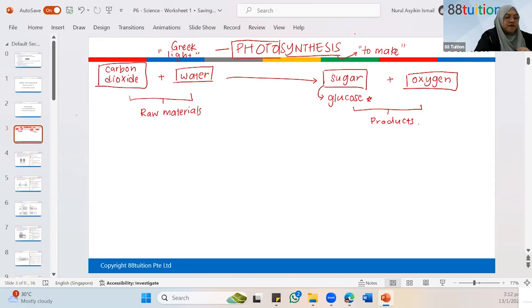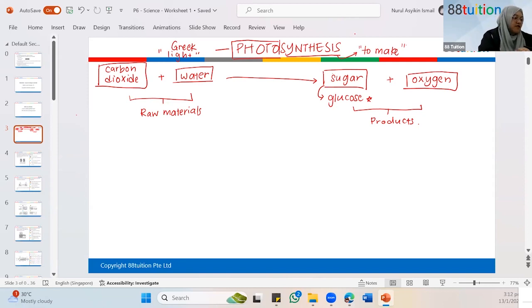Okay, however, all these are basic first. However, there are things missing on the arrow, because if you think about it, right now where I am, I have air in my room. Of course, I cannot be in a vacuum. So there's air around me, and in the air, there is carbon dioxide present. You all learned this in the P5 chapter, right? Air around us. Correct? There's carbon dioxide.